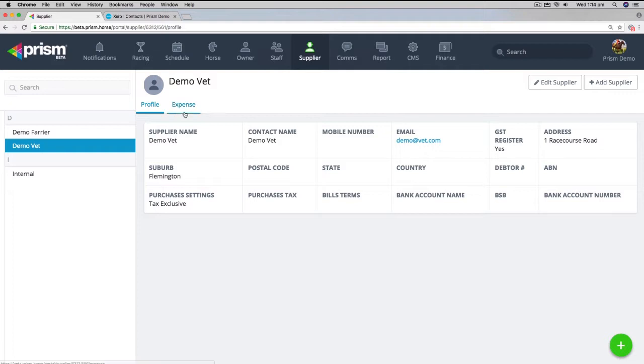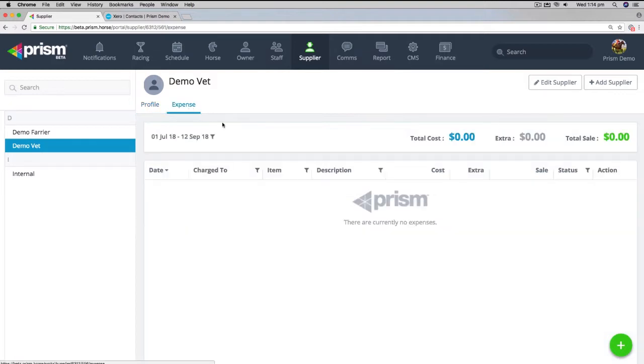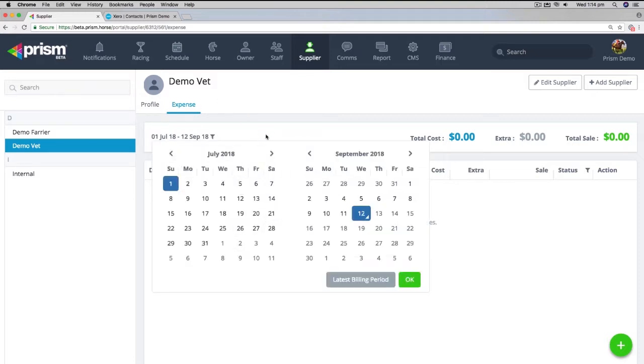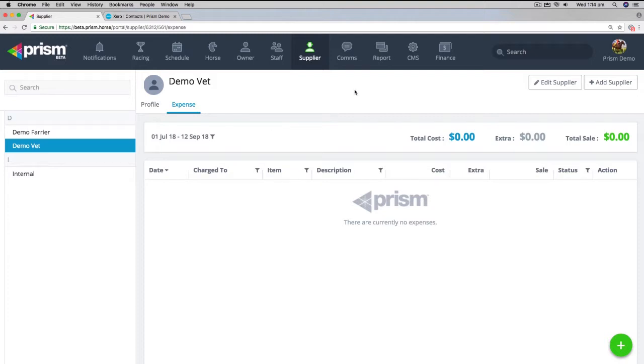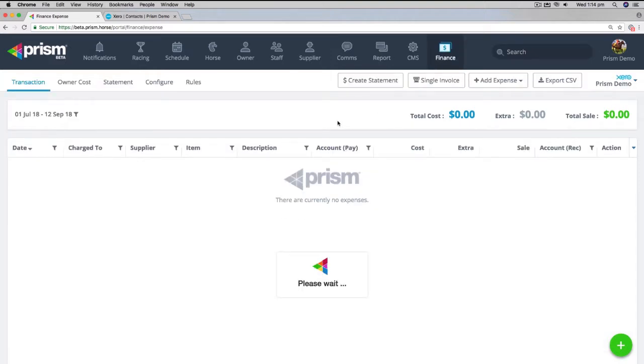When you start allocating expenses against these suppliers, you'll also see a list of all of their expenses down here, and with this total sale, what it's cost you and whatever margins you put in there, and you can filter that by whatever period you want. The next item there is to, again, sync it to Xero,